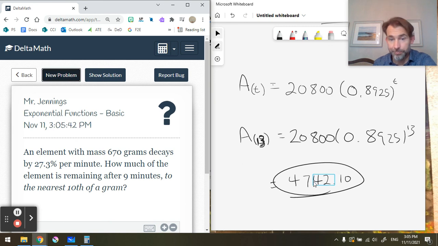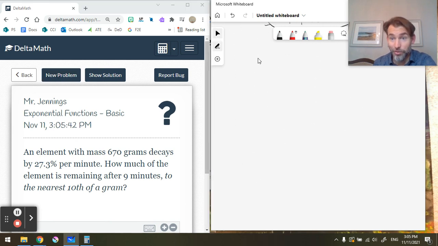Yeah, so let's do this one. Same problem type, I'm just going to do it. It has mass 6. We want to know its mass as a function of time. That's equal to the initial value multiplied by 1 plus the growth factor, or 1 minus the decay factor. So that's going to be